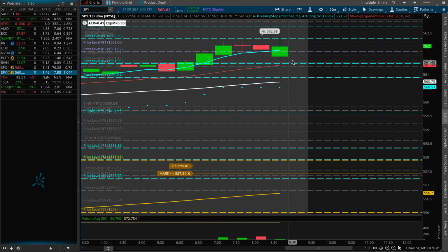So where are our trouble places for the SPY today? It seems like this 562.06, we've tested this area 1, 2, 3, 4 times. Even though price ran up, it came back to this area. So 562.06 is an area that I would watch. Above that area, we can have trouble around 562.29. Above 562.29, 562.38 area, we can have trouble around the